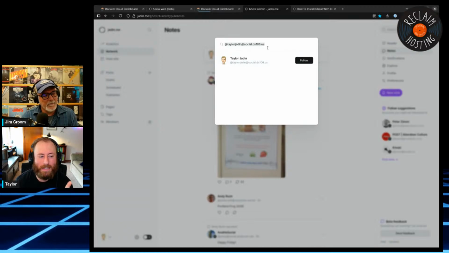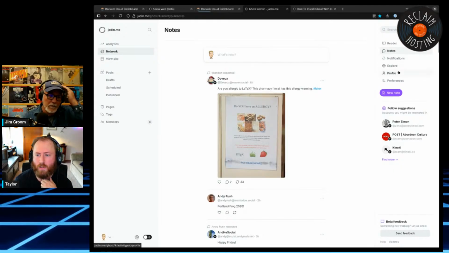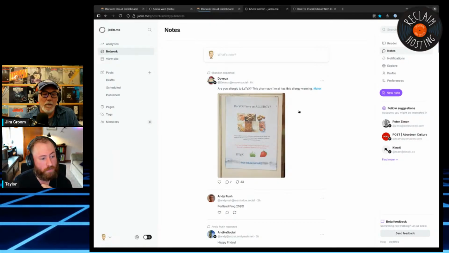So we're going to get to my main problem with it in just a second. I want to demonstrate. Here's an example of me following a Mastodon account from my Ghost blog. So I just followed myself. That's cool. When I post on Mastodon, which honestly I don't do a lot, it'll show up in notes, because Ghost has this concept of short form and long form. Long form stuff is blog posts from other Ghost blogs right now.